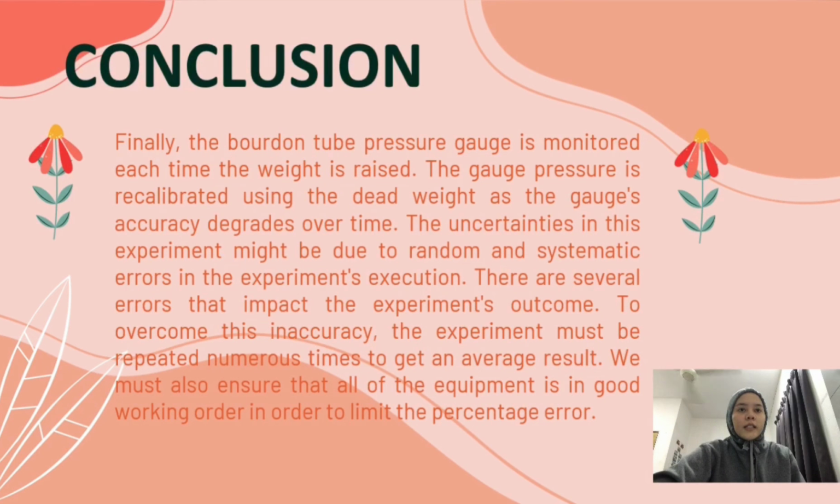As a conclusion, in this experiment, the Bourdon tube pressure gauge is monitored each time the weight is raised. The gauge pressure is recalibrated using the dead weight as the gauge accuracy degrades over time. The uncertainties in this experiment might be due to random and systematic errors in the experiment's execution. There are several errors that impact the experiment's outcome. To overcome this inaccuracy, the experiment must be repeated numerous times to get an average result. We must also ensure that all of the equipment is in good working order in order to limit the